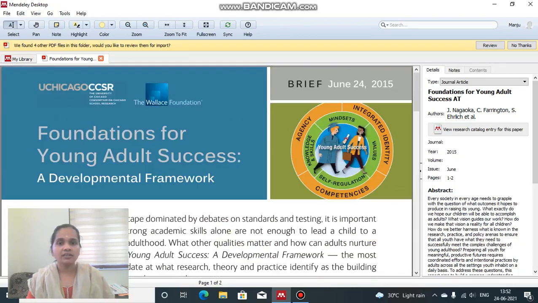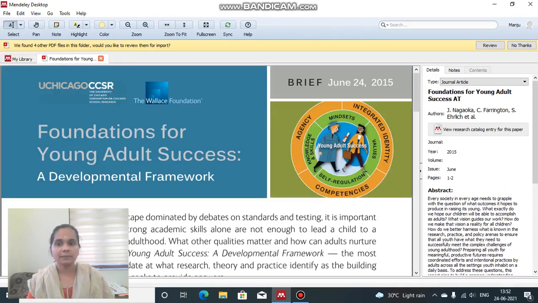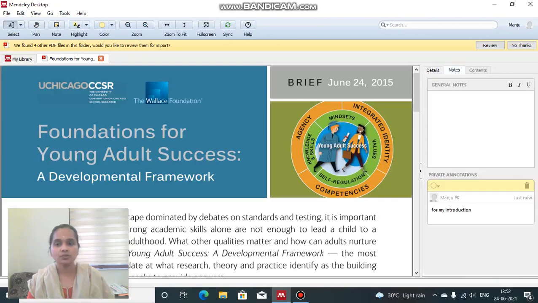And after reading this, when we close this, okay, I'm just closing it. Now you see, when I'm again going to it, you can just click here on details, then next to it, notes. So when you go to notes, you can see "for my introduction part." So like this, when you're preparing a literature review or preparing for research, according to the steps you have to follow, that is introduction, methods, results, discussion, conclusion, likewise you can add your notes accordingly and they can be easily retrieved for you at any time. Okay, that is a big help, I felt so.